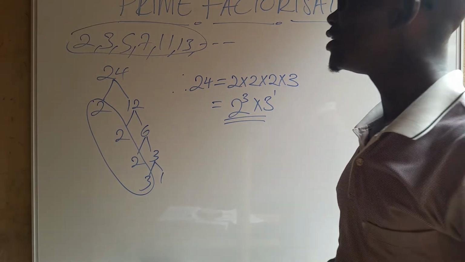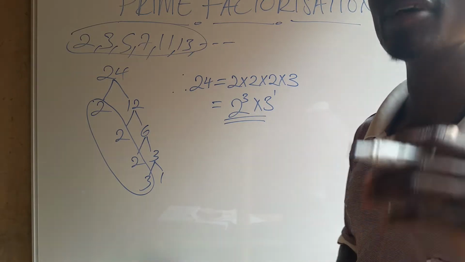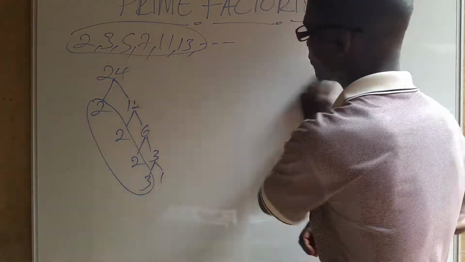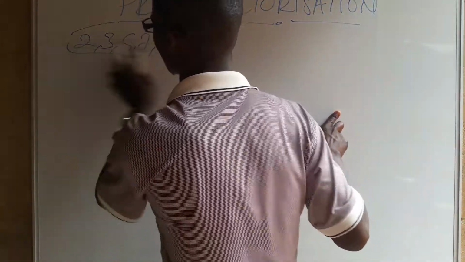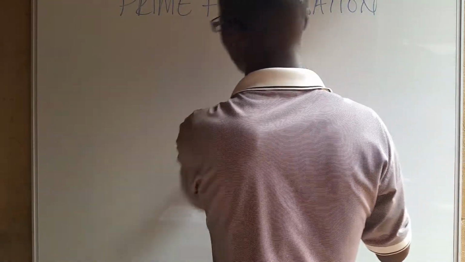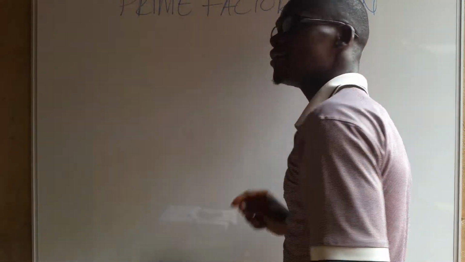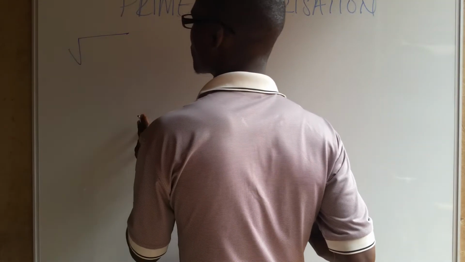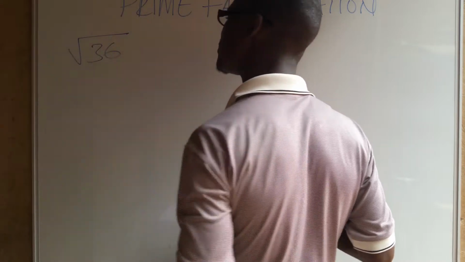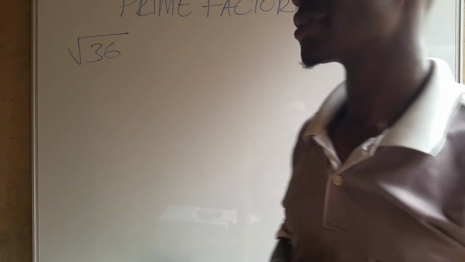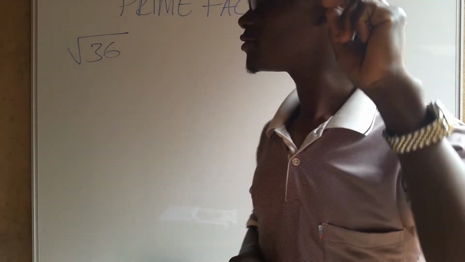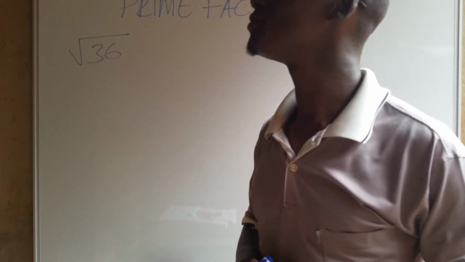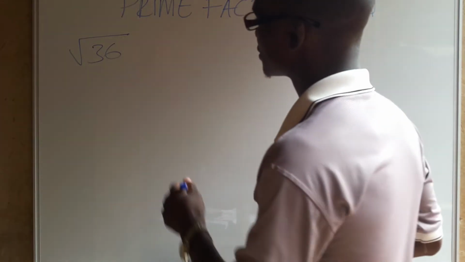2. We can use prime factorization to find the roots. For instance, we can use prime factorization to find the square root of 36. These are the steps. 1. We shall factorize 36 using its prime factors. That is